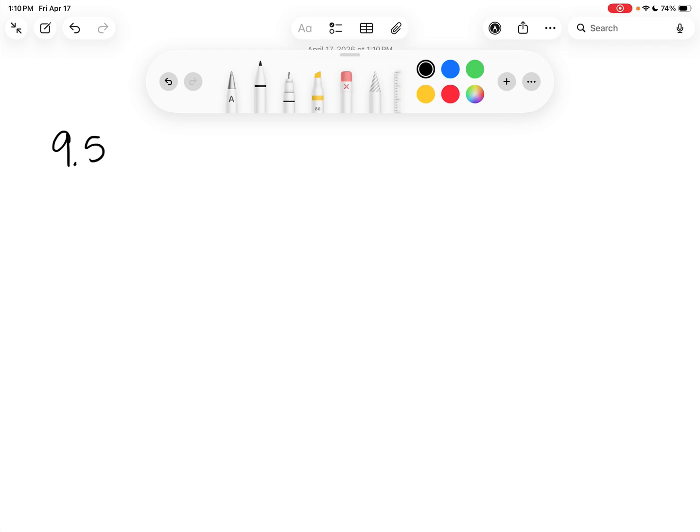All right, 9.5. I'm going to say trig ratios. It's technically trigonometric ratios, but you're very rarely going to hear me say the full word. I'm typically just going to say trig. Over here. All right, the first one says to find the sine, cosine, and tangent of the acute angles of